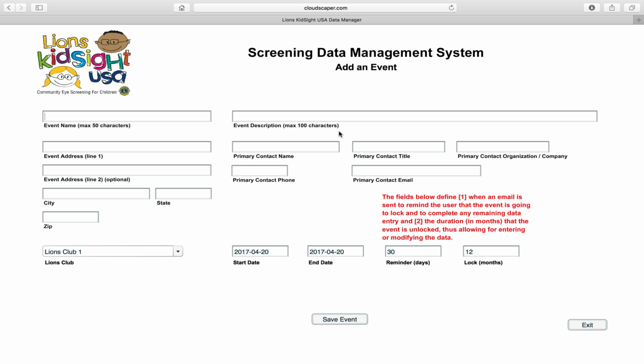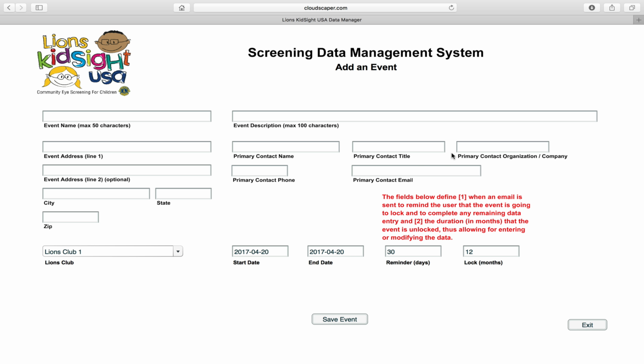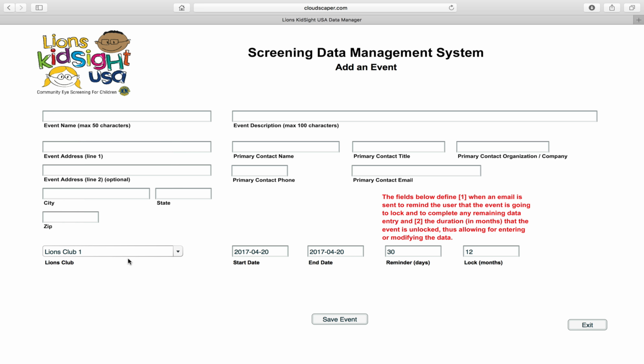Let me go back here. If I'm logged in as someone that is not an admin, but rather at the club level, when I go to add an event, it already knows the club to which I belong. So this drop-down list will not show up on the screen, and I'm going to show that to you in just a second. But adding an event, same thing: event name, description, contact information, start date of the event, end date of the event,